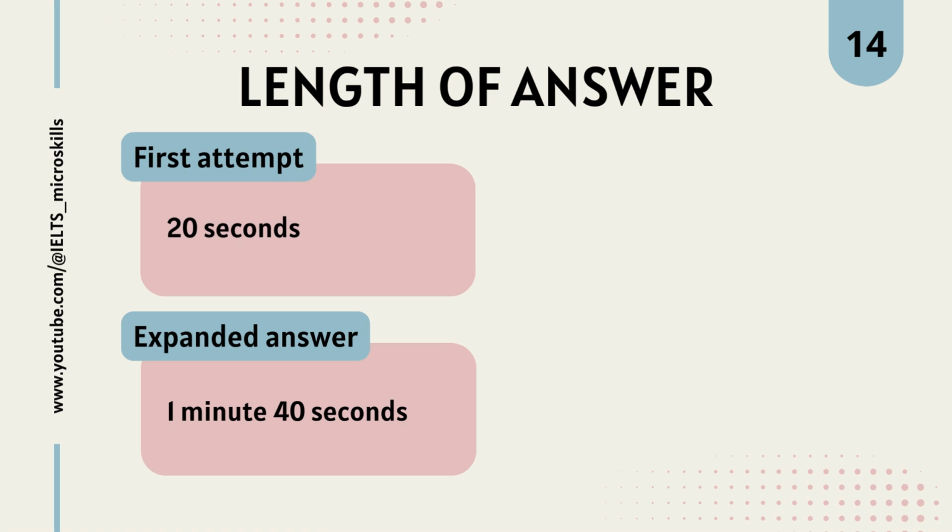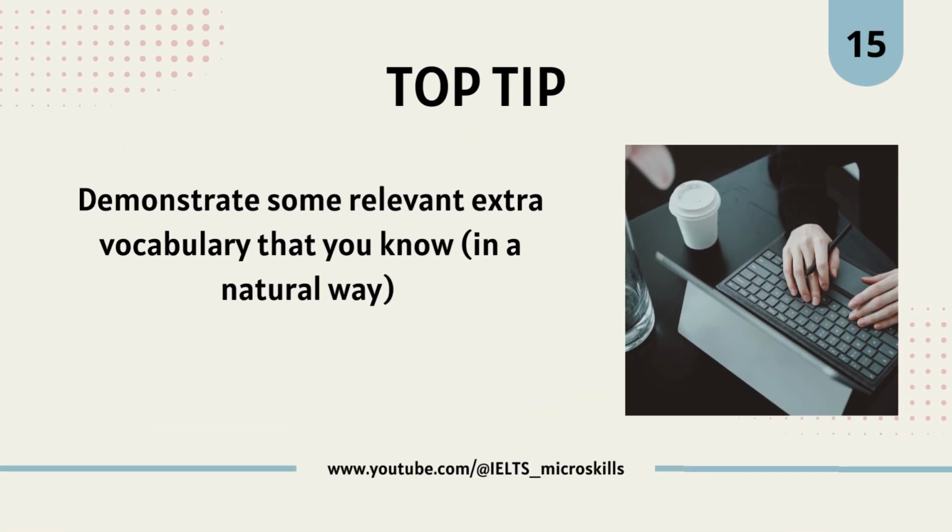Before we finish, just a little tip about finding ways to show off your vocabulary knowledge to the examiners. As you noticed, in my expanded answer, I didn't just discuss one type of pollution, I gave a couple of other examples first. This is a good way to show the examiner your knowledge of the topic. So, if you identify an opportunity to do this, why not try it out? But don't give too many examples, as it could just sound like you're reading out a vocabulary list, which isn't very subtle. So, now it's your turn.